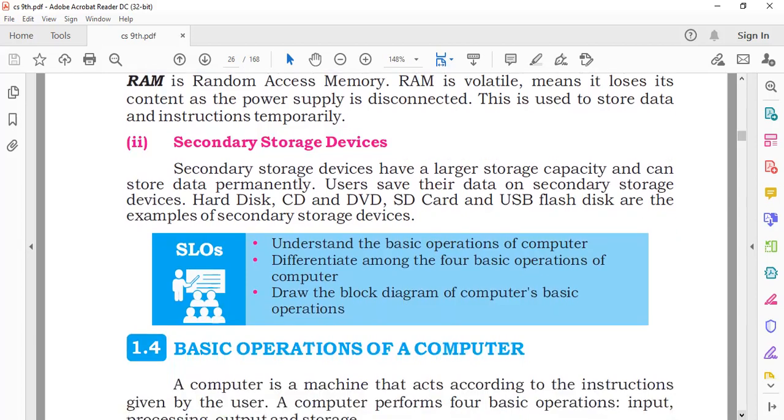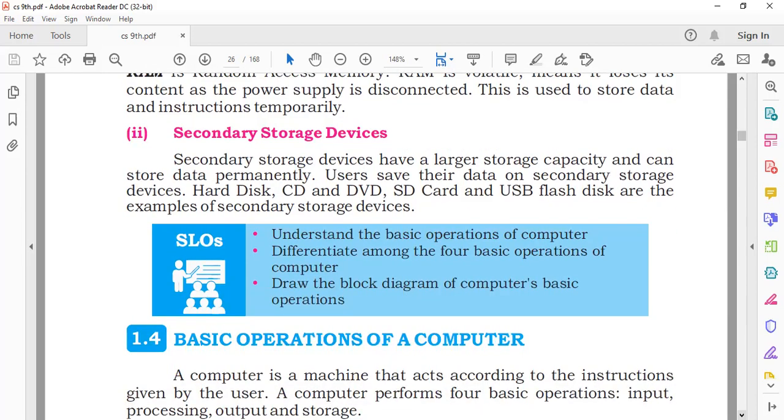And now we are about to study the secondary storage devices. So what is a secondary storage device? Secondary storage devices have a larger storage capacity, and they can store your data more permanently for a longer period of time. Alternatively, a secondary storage device is a non-volatile device that can hold your data until it is deleted or overwritten. Secondary storage is much cheaper than primary storage, and consequently a hard drive or an additional slower SSD may be used as secondary storage.